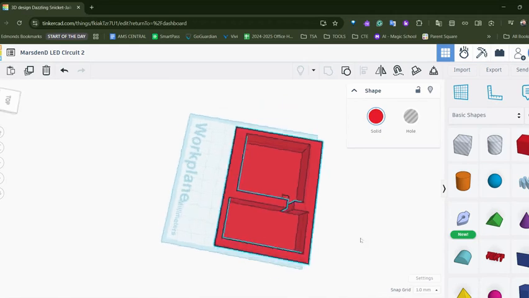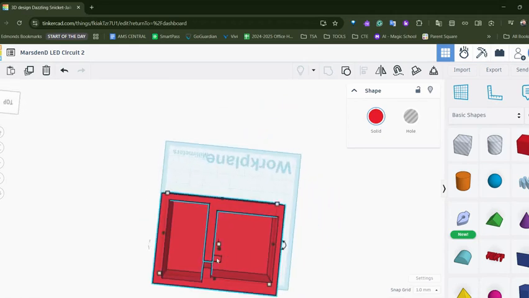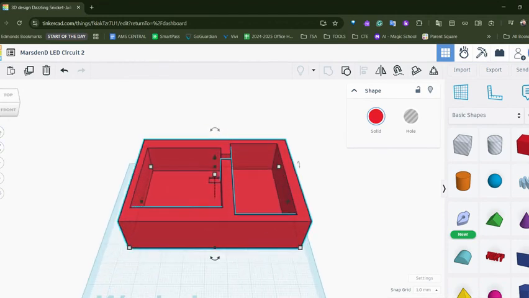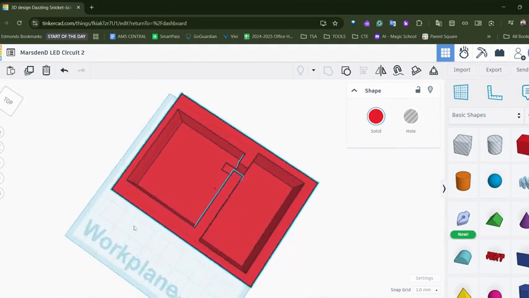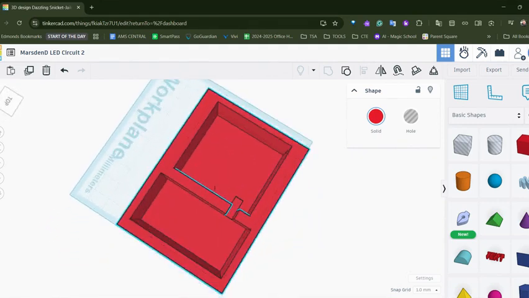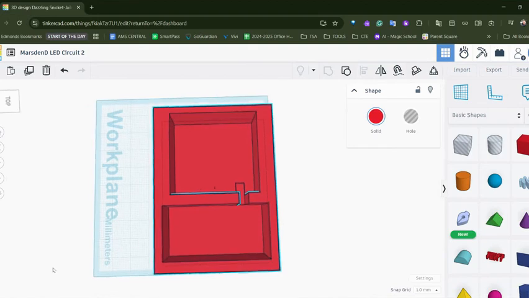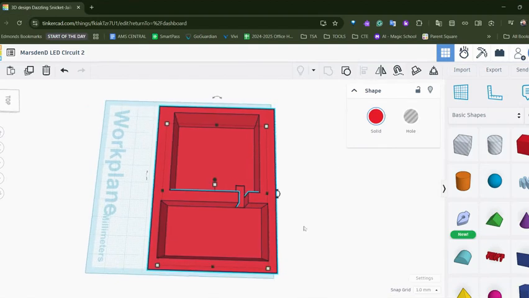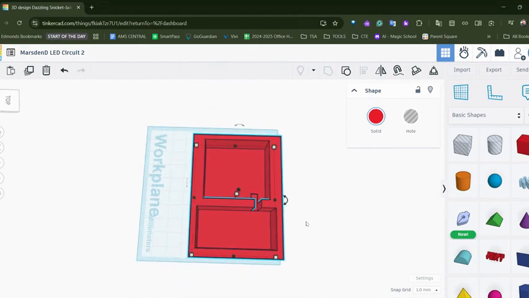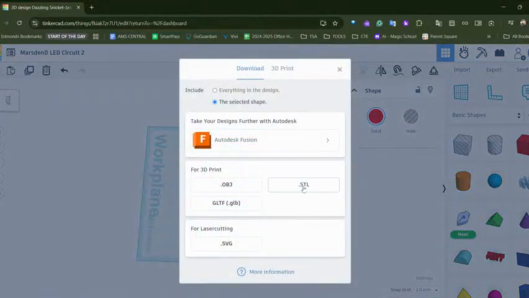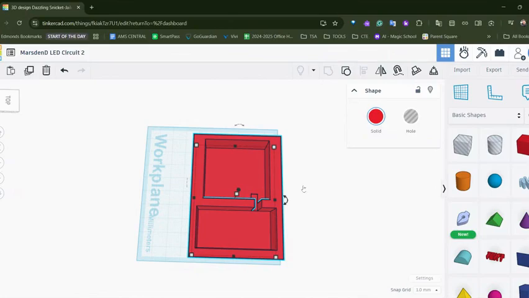Okay. It is going to make a little indentation there, I can see. So whether or not we want that or not, it might not hurt. But we can figure it out by, let's go printing it. So once you have this print set up, the next step is you're going to do export STL and then